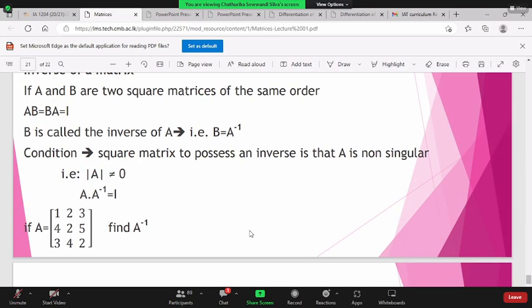You will learn that when you are learning the properties of determinants, and also under the properties of eigenvalues. There you will learn how these elementary transformations affect